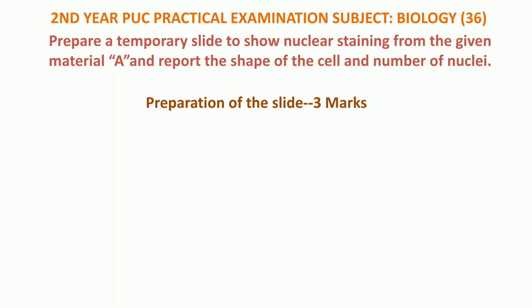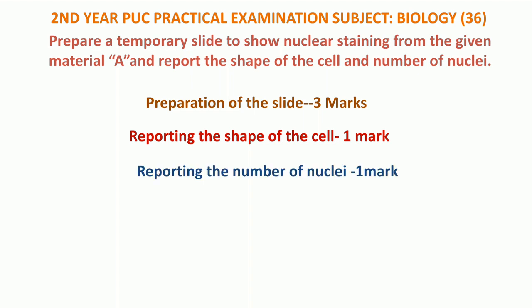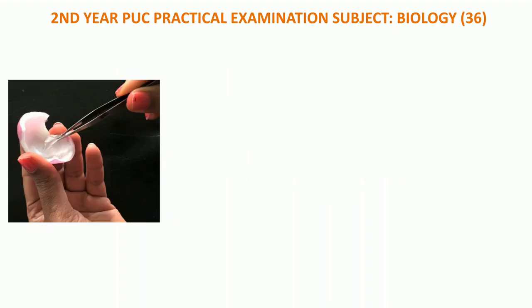For the preparation of a slide, it carries 3 marks. For reporting the shape of the cell, 1 mark. For reporting the number of nuclei in a cell, 1 mark. So the procedure for this experiment, if a student gets this experiment in the lottery, they should take an onion layer and